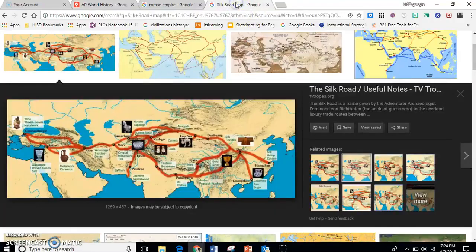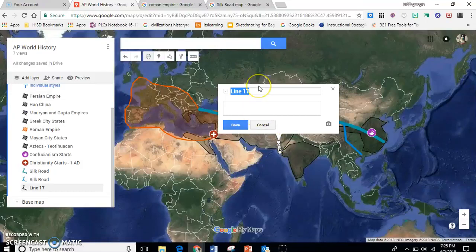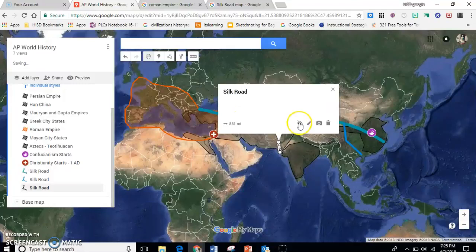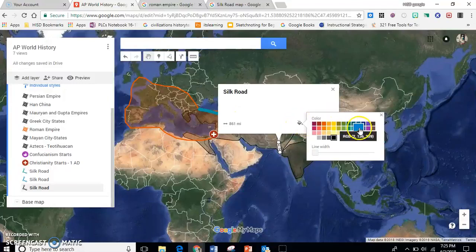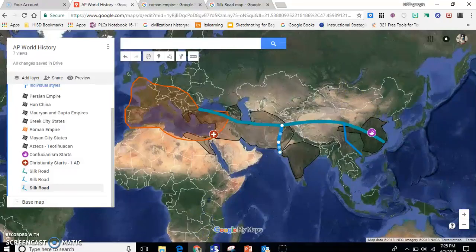All right, and then there was another little, okay, so they come off down here into India. I'm going to make that line too, just because I want to be able to see that it's more than one line. All right, we got the Silk Road on there, people. Woohoo! All right, next up